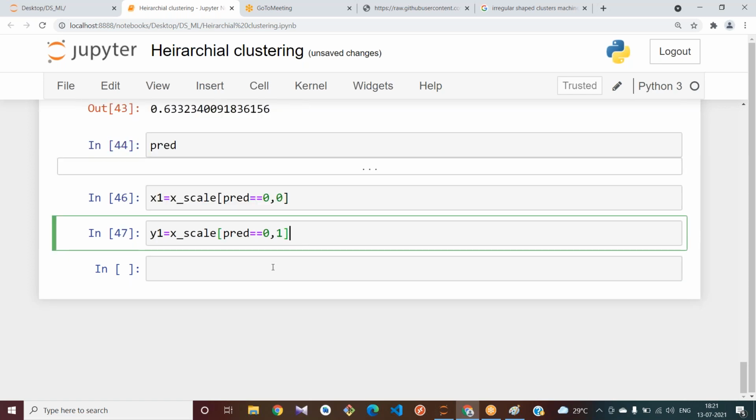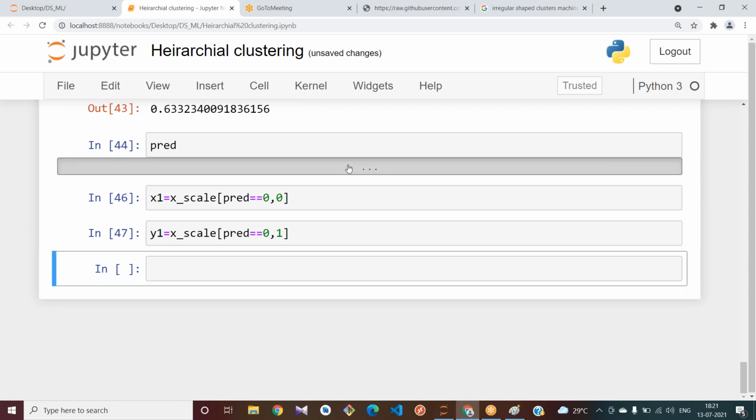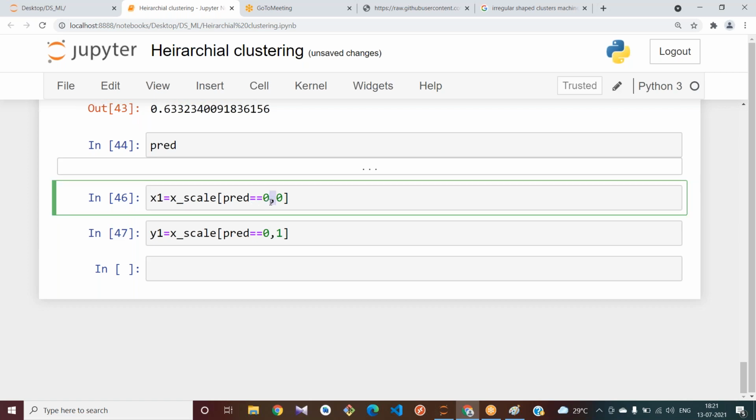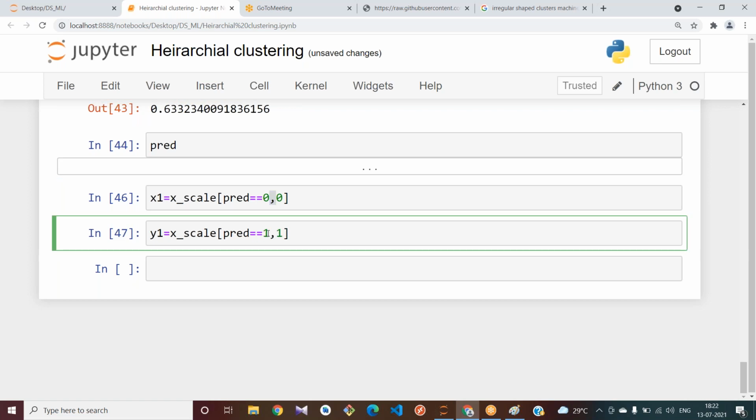Next, see, you have two columns of data. For each column, you will have cluster 0 values and cluster 1 values, right?